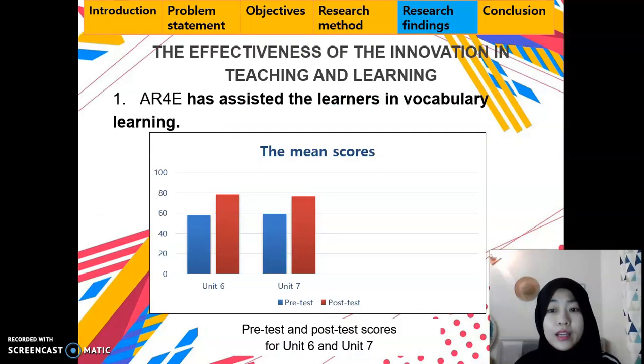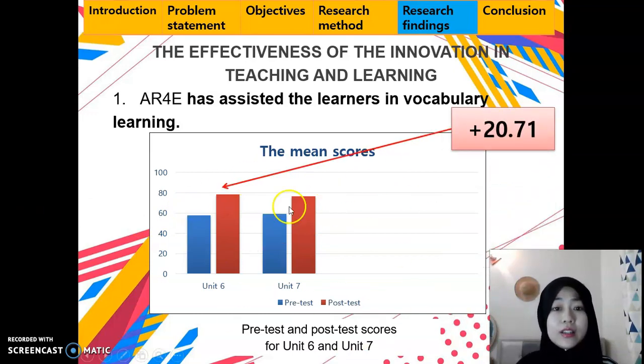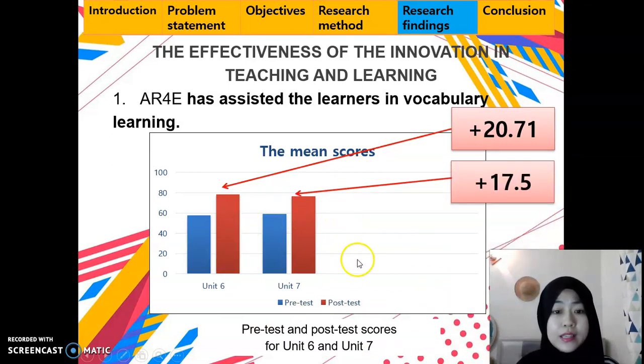I came up with the research findings after analyzing and tabulating the data. The first one is AR4E has assisted the learners in vocabulary learning. If you can see here, the mean scores in the pre-test and post-test for both Unit 6 and Unit 7, this blue color represents the pre-test and red color represents the post-test.